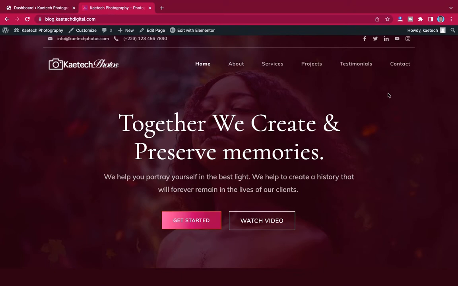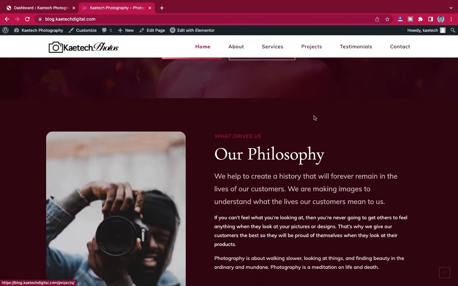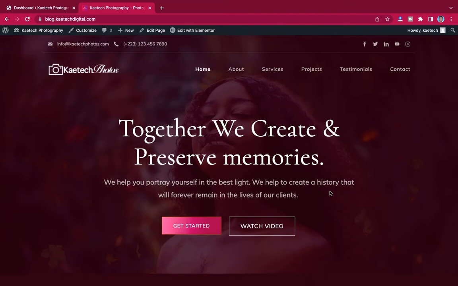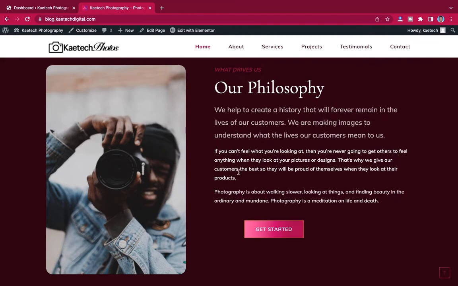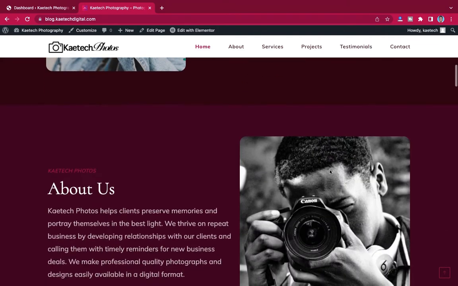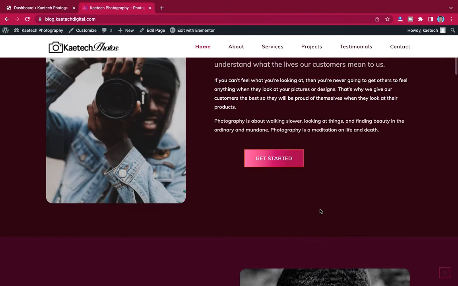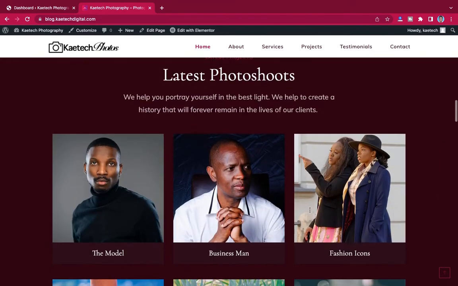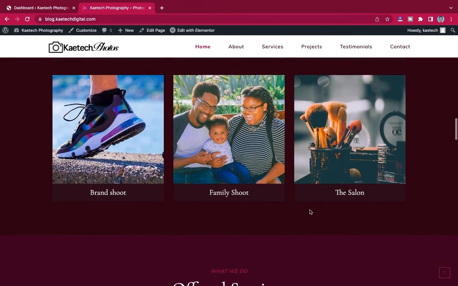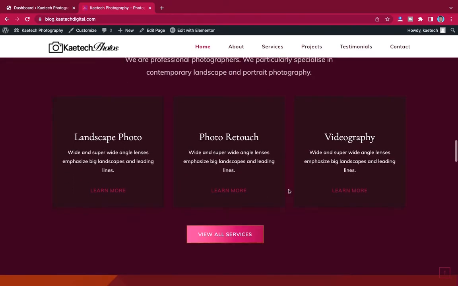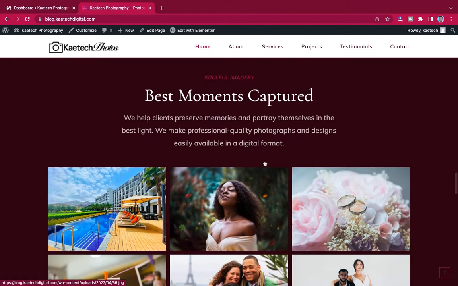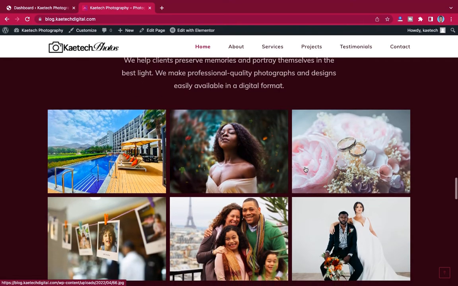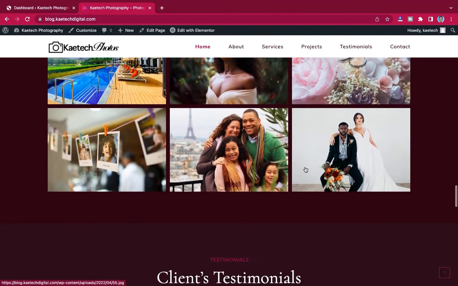a header, and then a sticky header as well, and then we have the hero section over here with something written over here, and then we have the about or the philosophy section, and then also the about section over here. So this is the philosophy section, and then the about section over here, and then also some latest photo shoots that you've taken, and then the services that you offer, and then a call to action for people to hire your services, and then also your best moments captured, or your portfolio, okay, over here, and then